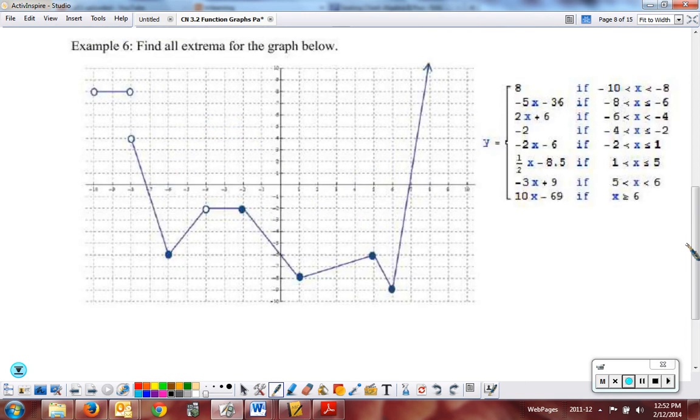What can you tell me about absolute max? There is none because this goes up to infinity. So no global max. What can you tell me about the global min? There is one. What is the location? 6. All right, so the global